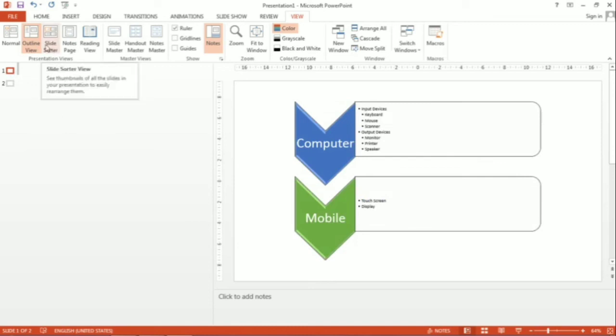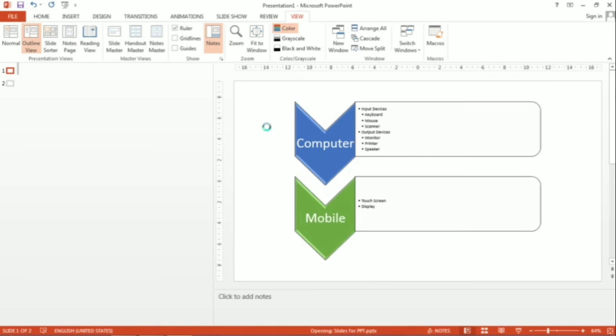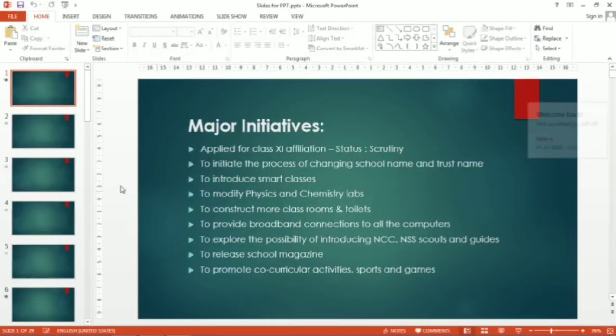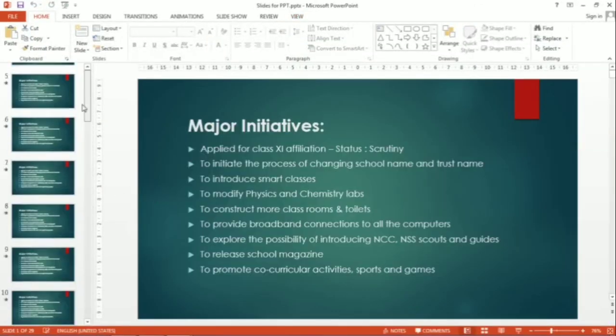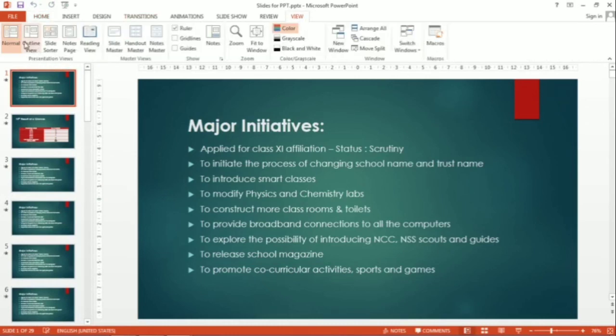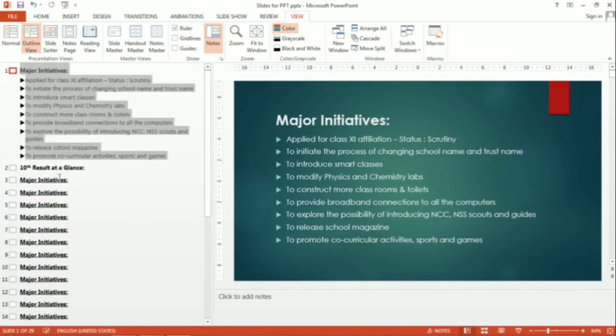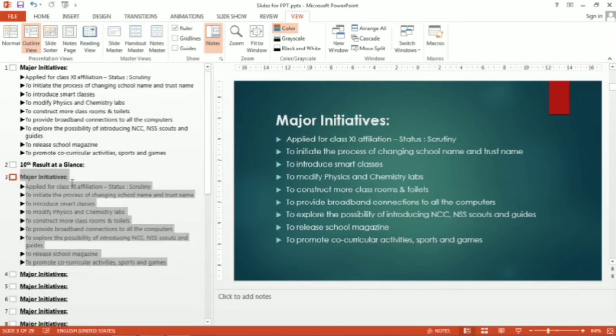Then let me open one slide which has different headings. So here I have opened it and here you will get different headings. So let me choose view outline. So here you can see, when you double click it, it will open over here only and you can see the heading. So this is the use of outline view. Heading-wise, if you want to review your presentation, you can use this one.